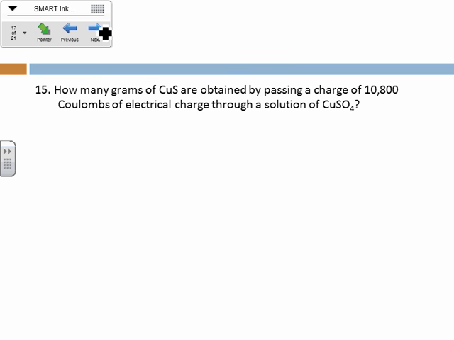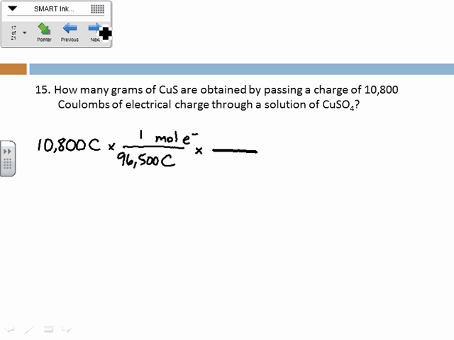Okay, how many grams of CuS are obtained by passing a charge of 10,800 coulombs of electrical charge through a solution of CuSO4? Alright, well this one doesn't really include amps, so we don't need a time. They're just telling us this is how much charge we're passing through. So we've got 10,800 coulombs of electrical charge, and we should be able to go straight from coulombs to moles of electrons. In 1 mole of electrons, again, there's 96,500 coulombs, so this helps us to know how many moles of electrons we have. Then we can go from moles of electrons to moles of,